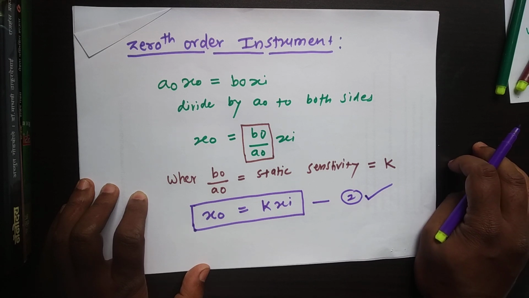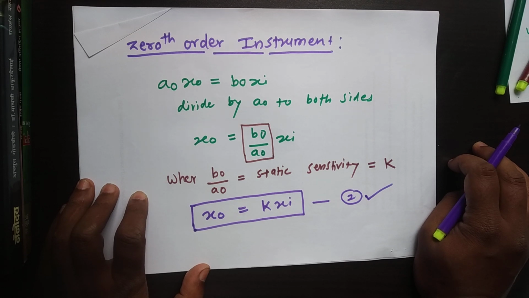So you can think on this, for example, this equation number 2. X0 is nothing but the output, xi is nothing but the input. Okay, so if you are having an output and it is driven by some input, then how output you will get at the end is proportional. So K is nothing but the static sensitivity. Although we are discussing the dynamic characteristics, K in mathematical terms is nothing but the proportionality constant.